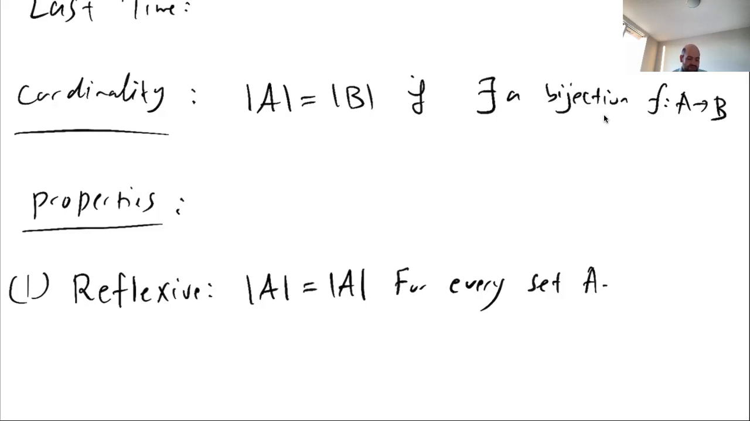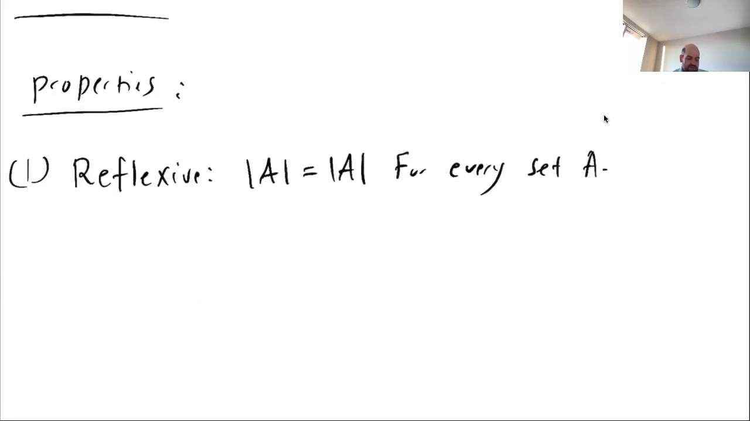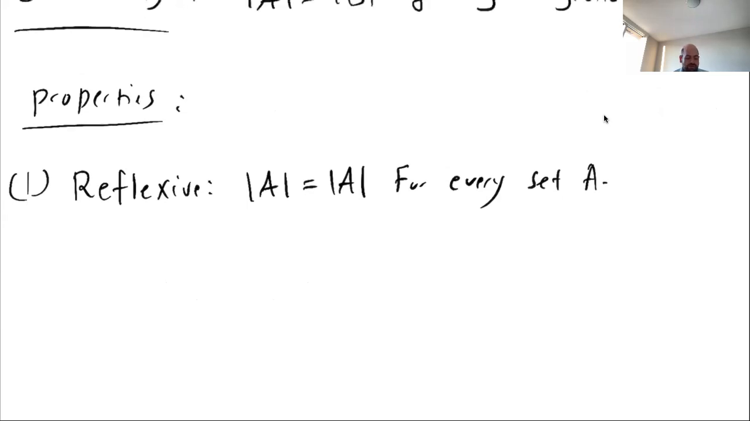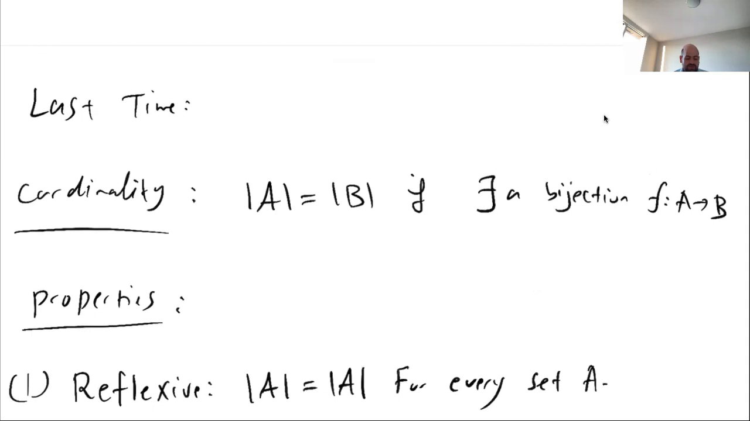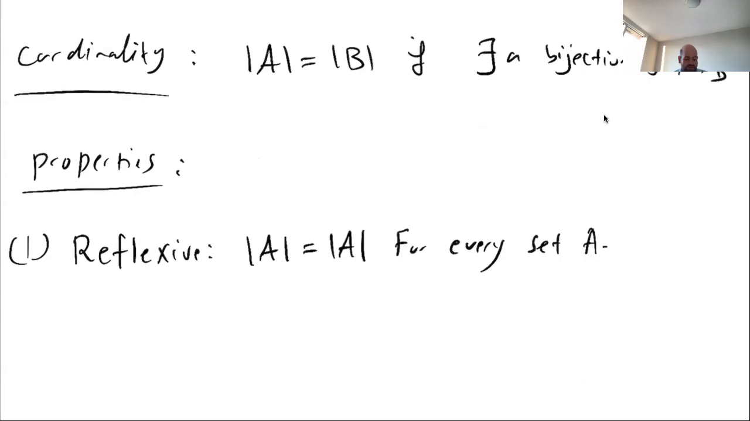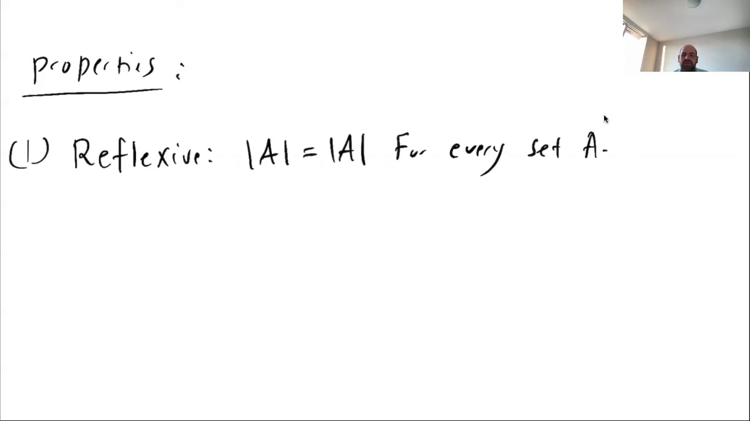Now, if I want to prove this, it looks obvious, right? But remember, I always say many times in every class that even things that look obvious still have to be checked according to the definitions. The definition says two sets have equal cardinality if there is a bijection between them. Now, what would be the bijection between A and itself? So if you want to prove this,